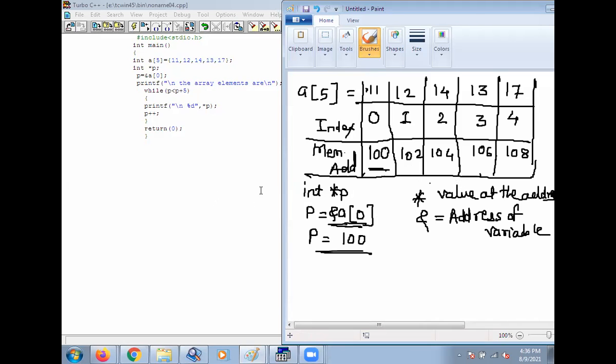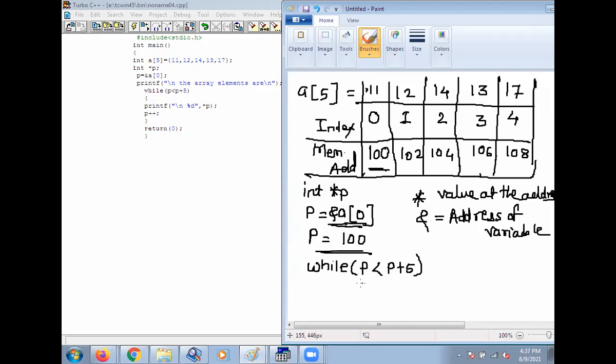Okay, then next statement here, the array elements are while P is less than P plus 5. Here you have written while P less than P plus 5.